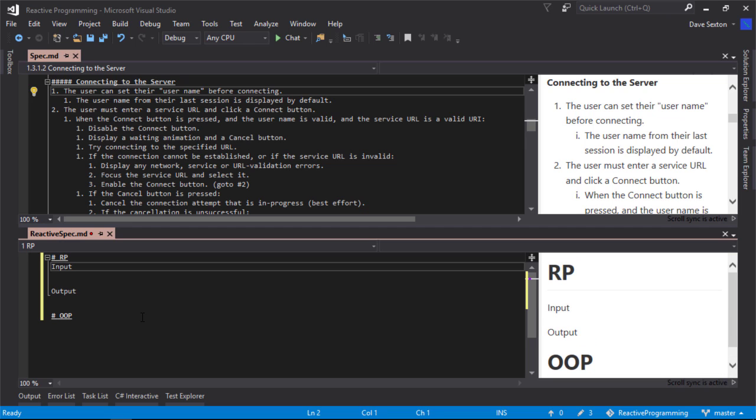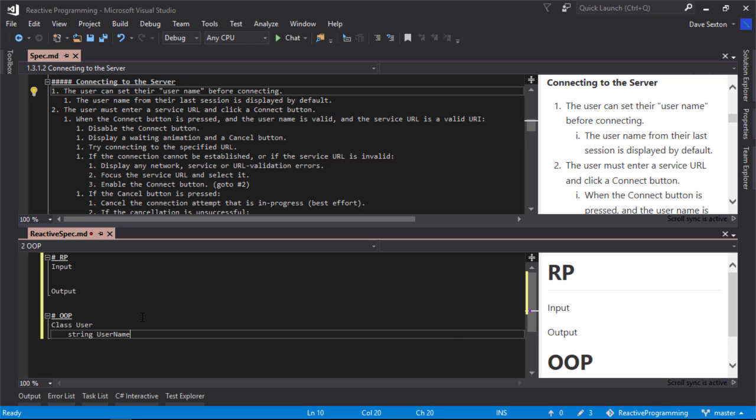There you go. Okay. So in the object-oriented programming way of doing this, we might say, okay, we need this concept of a user, right? So we'll call it a type. Oh, we could be more specific. We're in C#. We'll call it a class, and we'll have a string property called username, right? And